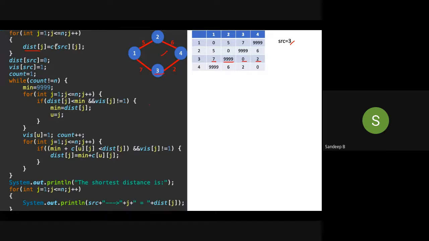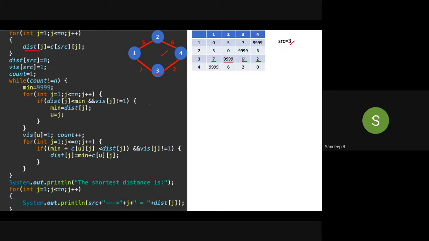So we have to see row number 3. I'm trying to see in the matrix whether 3 is connected to any of the vertices or not. From the graph, we can see 3 is connected to 1 and 4.